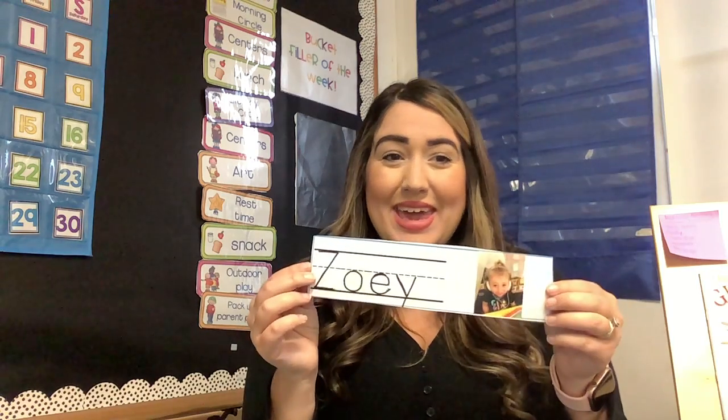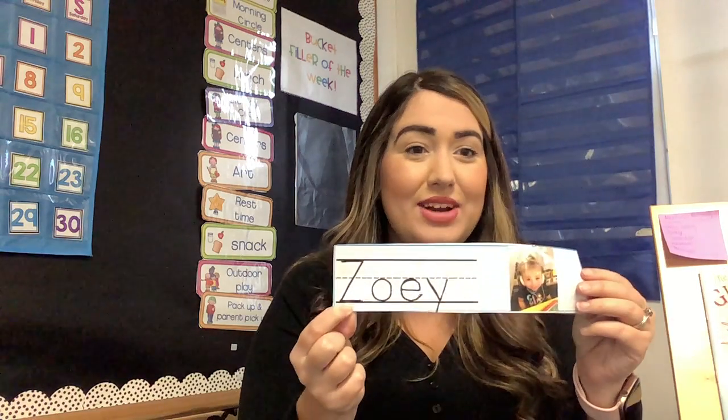Good morning, Bryson. Good morning to you, and how do you do? Good morning to Zoe. Good morning to you. Zoe, first letter of your name is a Z, the last letter of the alphabet. Good morning, Zoe. Good morning to you, and how do you do? Good morning to Autumn. Good morning to you. And Autumn, what letter is this? It's the letter A. Good morning, Autumn.